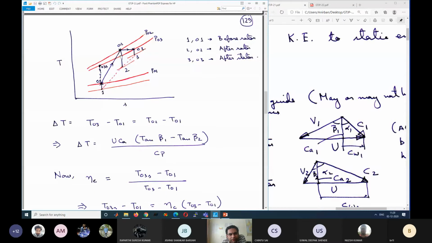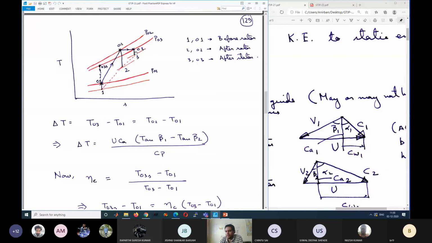So both rotor and stator will have some frictional losses because flow is passing through the rotor and stator passages, right? So if there are frictional losses and there is no work input and heat output, or heat input and work output, what does the first law tell us? There are no separate terms for frictional losses in the first law. So the stagnation enthalpy remains constant even if there are frictional losses. So H02 remains equal to H03 in the stator.